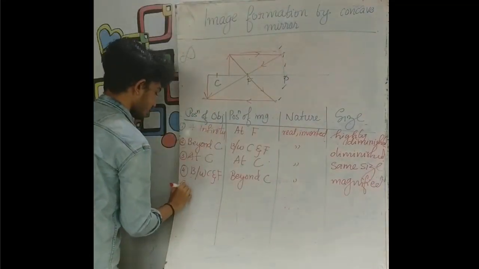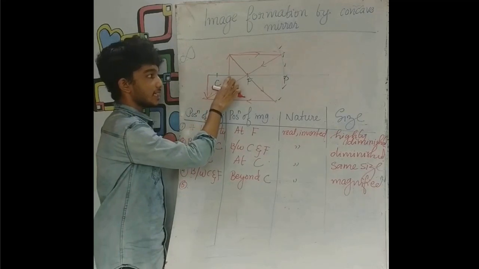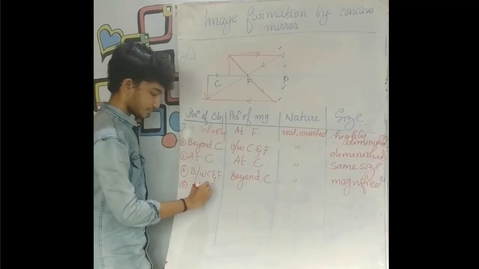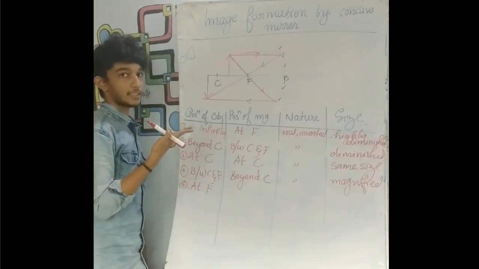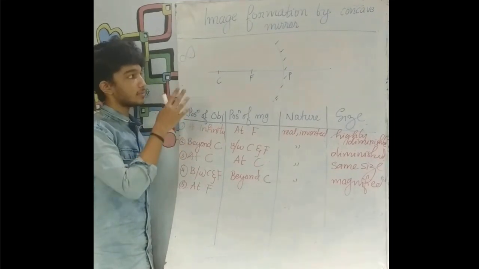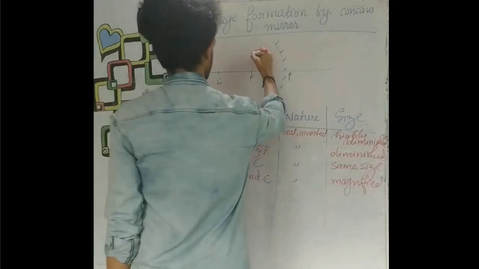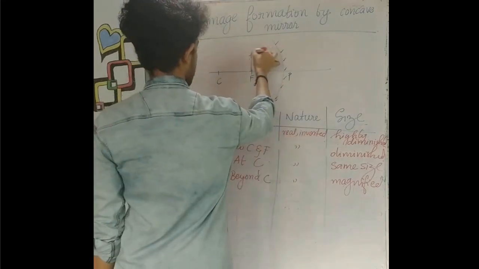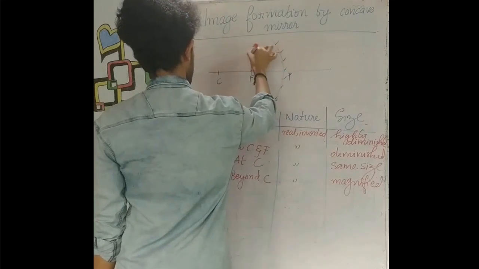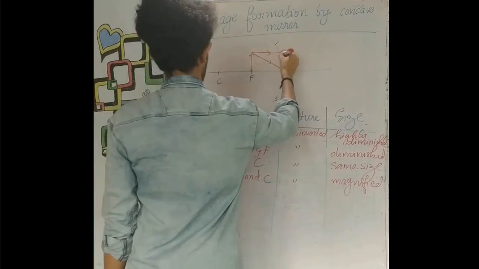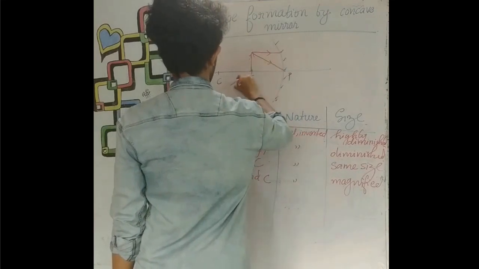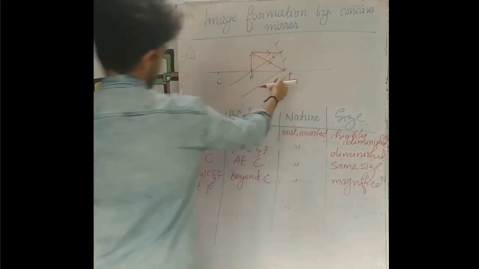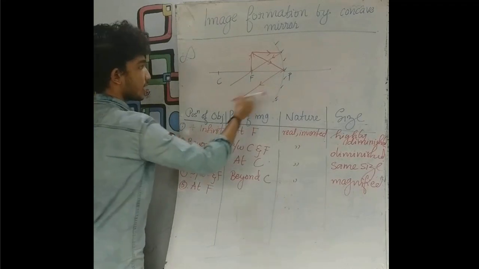And fifth case, where we are placing the object. We have placed it between C and F. Now let us place it at the focus, at F. Let us see what happens. So this is the redrawn diagram. We are placing the object at the focus. Let us see where the formation of image is. One ray parallel to the principal axis and another ray, let us take, striking obliquely. The one parallel to the principal axis will pass through the focus after reflection, and the one striking the principal axis obliquely will pass obliquely.